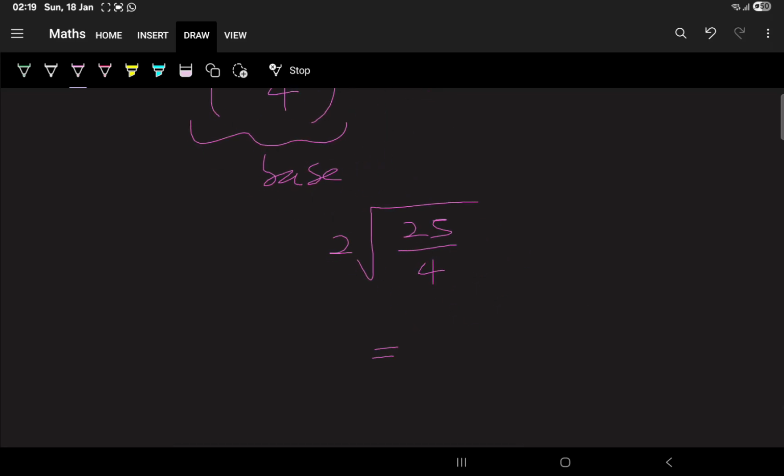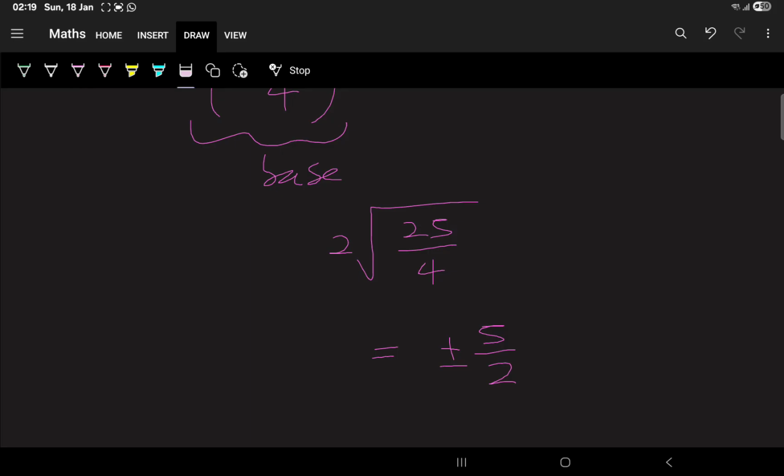Now this is going to be square root of 25 is 5, square root of 4 is 2, plus or minus, because positive 5/2 all squared is going to still give 25/4, so also negative 5/2 all squared is going to give